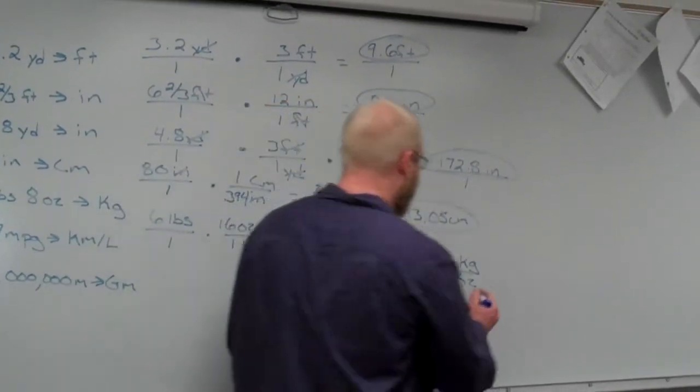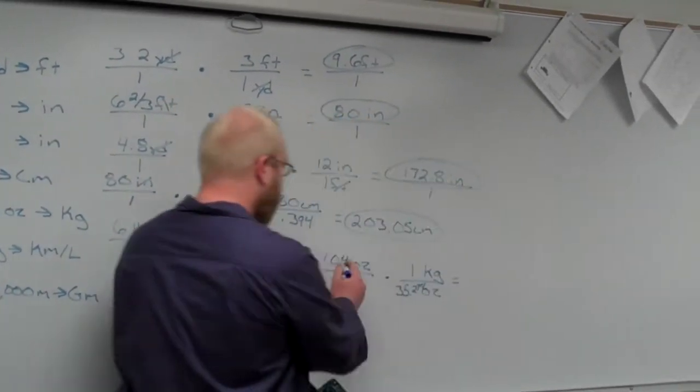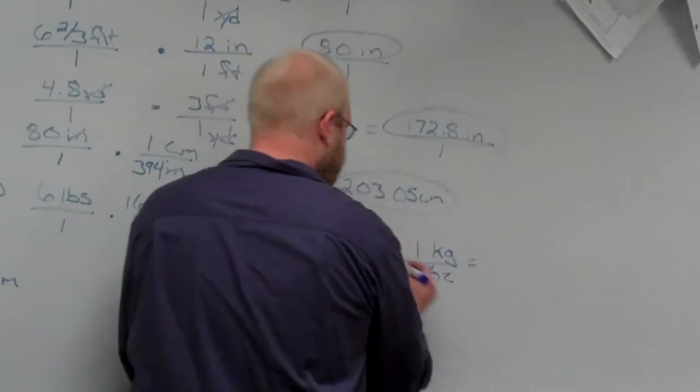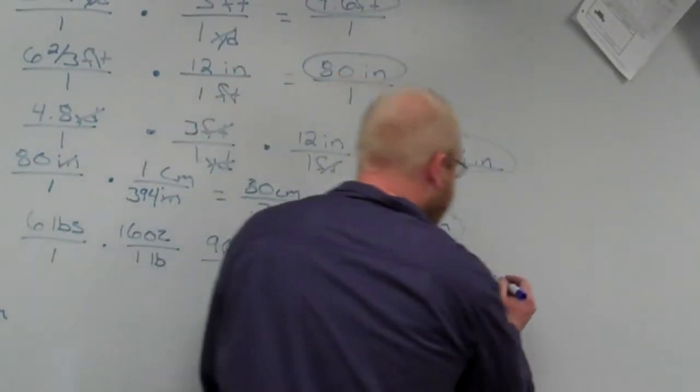When I multiply this across, we get 104 times 1, my ounces cancel. So 104